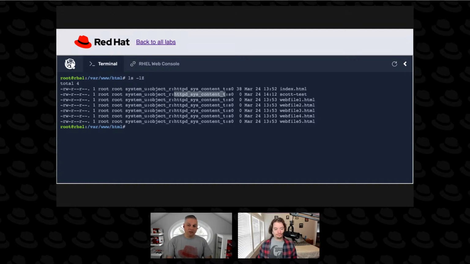The restorecon looked at where the file was residing and checked the SELinux policy to see what contexts normally go on files stored in this location, and then adjusted the incorrect context to match where it lives in the file system structure. Right. So if I took one of the Scott test and put it in root's home,